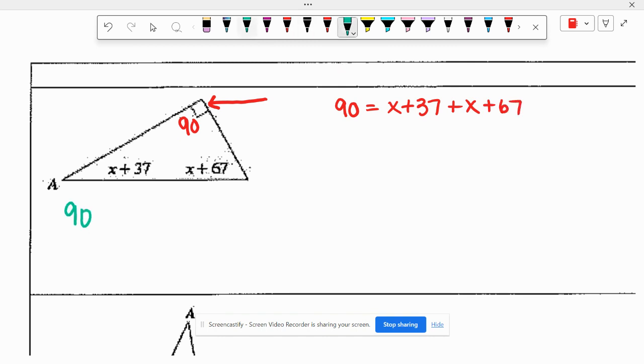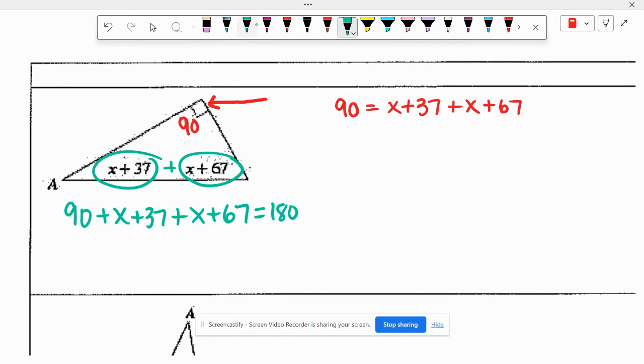So 90 plus x plus 37 plus x plus 67 equals 180. Or 180 minus 90 is 90. So these two angles have to add up to 90. And that's what I do. My two x's, 90 plus 37 is 127 plus 67 is 194 equals 180. Subtract 194 from both sides, and I find out that 2x equals negative 14, which means that